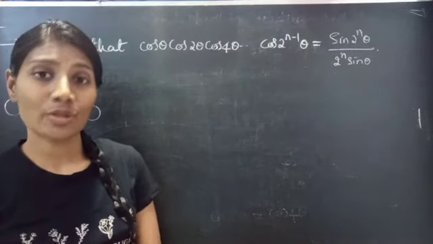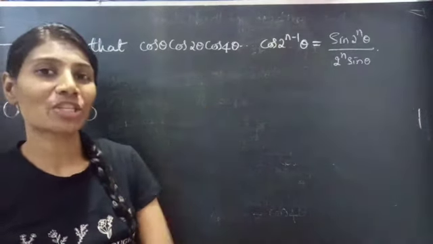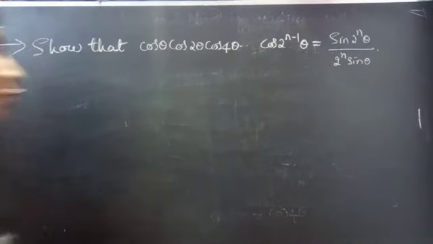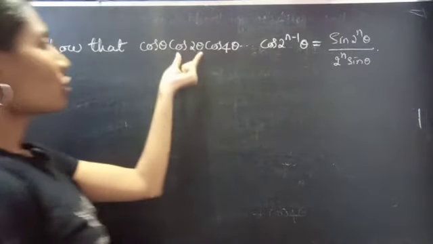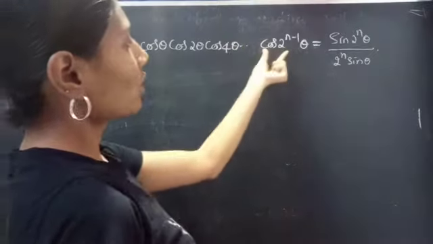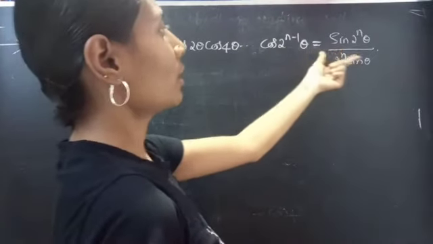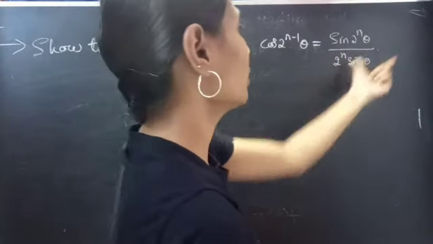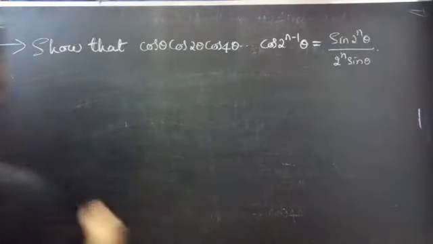In this video, we are going to see a problem from mathematical induction. So let's get started. Problem: show that cos theta into cos 2 theta into cos 4 theta into so on into cos 2 power n minus 1 into theta equals sin 2 power n into theta by 2 power n into sin theta. Solution: